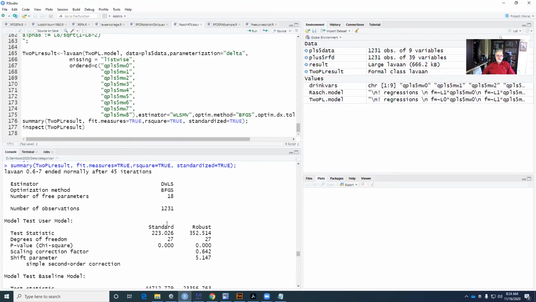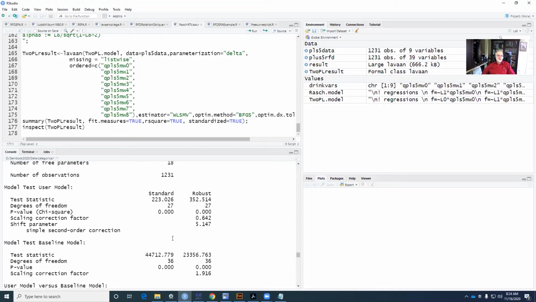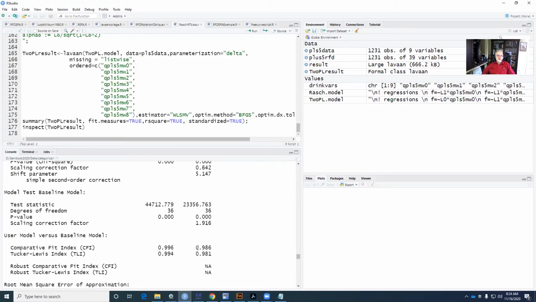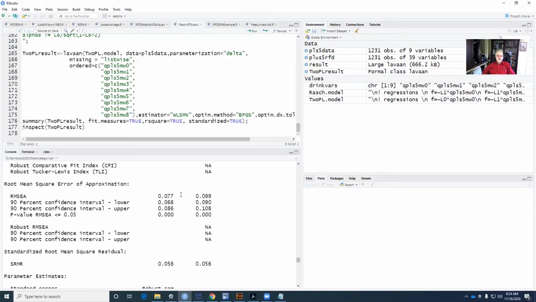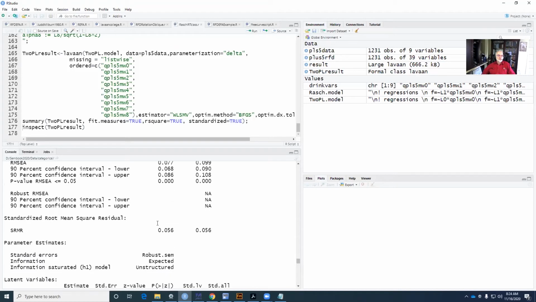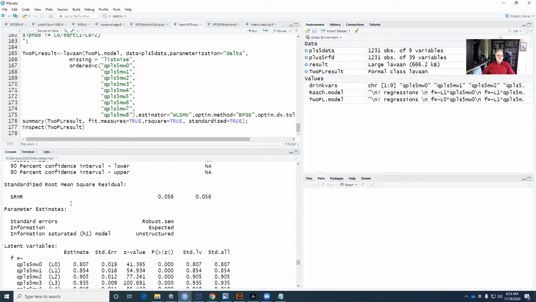And here's my statistics and my baseline, and my fits. The fits are a lot better than the Rasch model. Here's my RMSEA with its confidence interval. It's still well above 0.05. And here's my